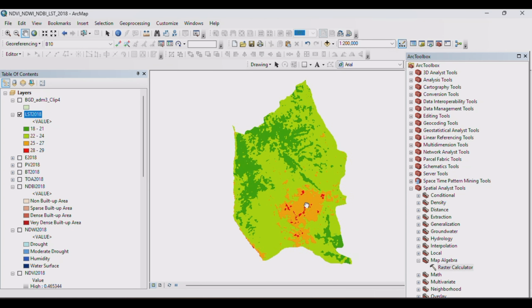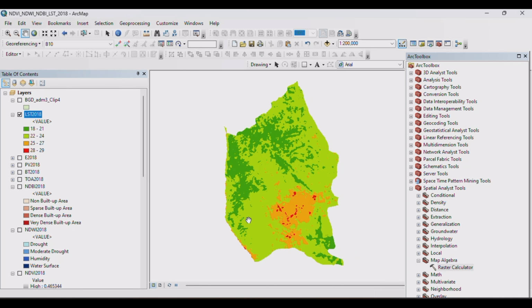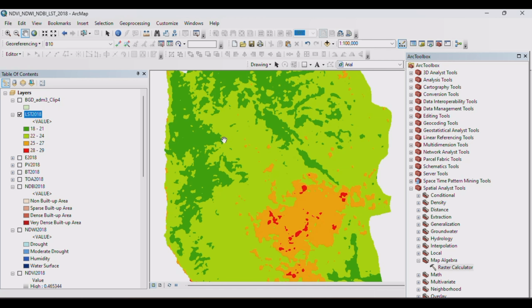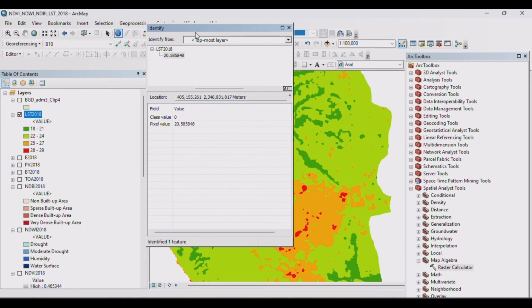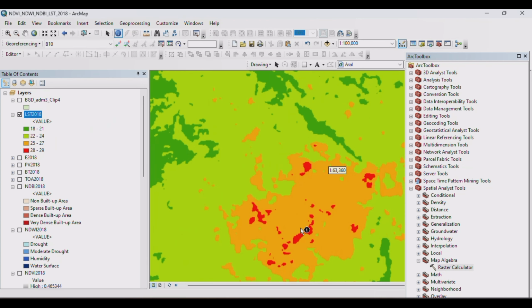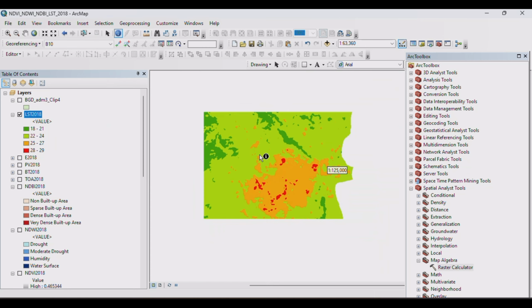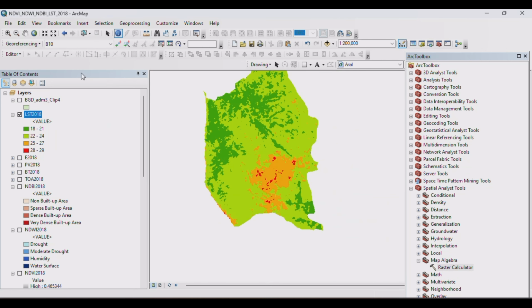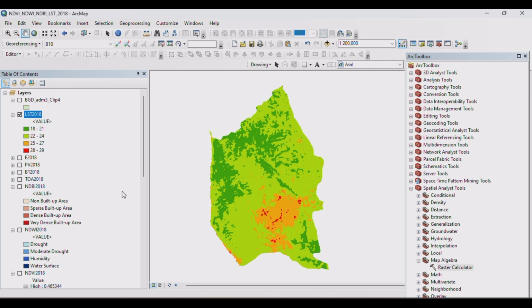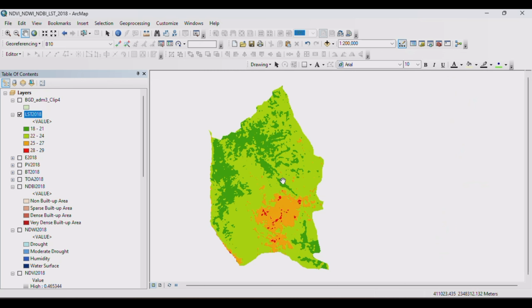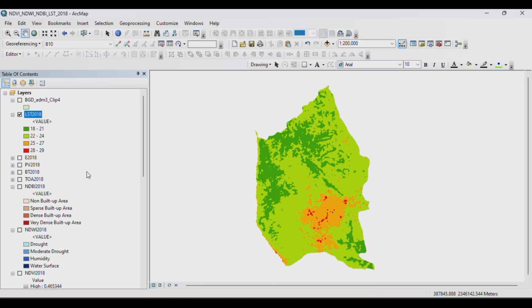Okay, let's see. This is our land surface temperature map, and you can actually check the temperature by putting it here. For example, this one has a temperature of 20 degrees Celsius, and if you put it here, a comparatively higher temperature, and you will see that the temperature is 26.75 degrees Celsius. This is how you can create a LST map. The process is a bit long, but anyway, I believe you understood how to do it,